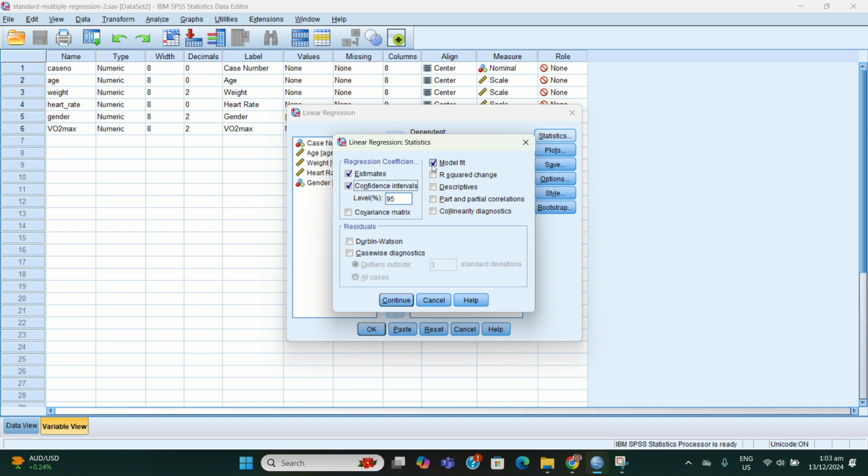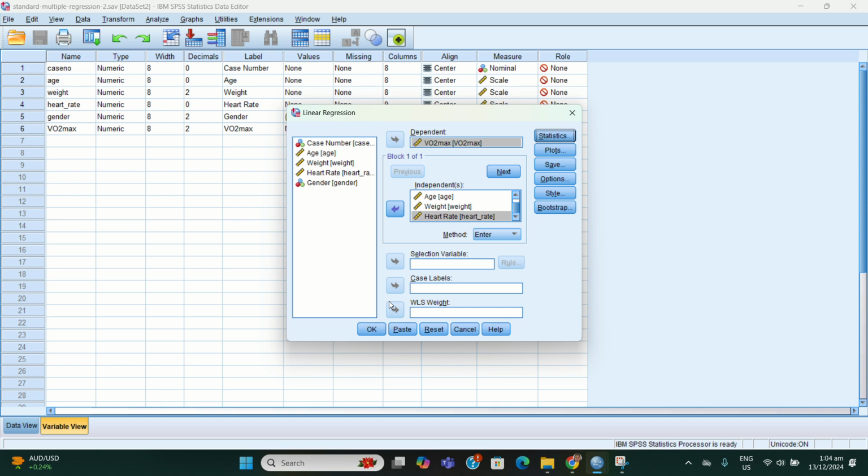Then we check model fit, descriptives, part and partial correlations, collinearity diagnostics, and also the residuals, which is the Durbin-Watson, and the case-wise diagnostics. For our outliers, we set it at 3 standard deviations. Then we click Continue.